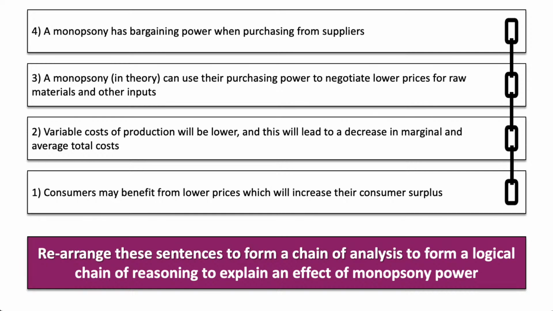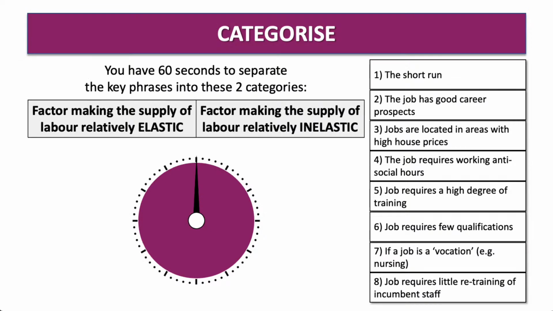So what we're doing here is extending into the idea that some of you were referring to earlier, avoiding making just an assumption or just an assertion, and actually leading through a logical process of explaining how the monopsony power has bargaining power leads through to the consequence, which is that consumers may benefit from lower prices, which will increase their consumer surplus. So well done, all of you who came up with those correct answers. I think loads of you are coming up with all correct answers. Let's go back to Nikki and see if you can keep that up.